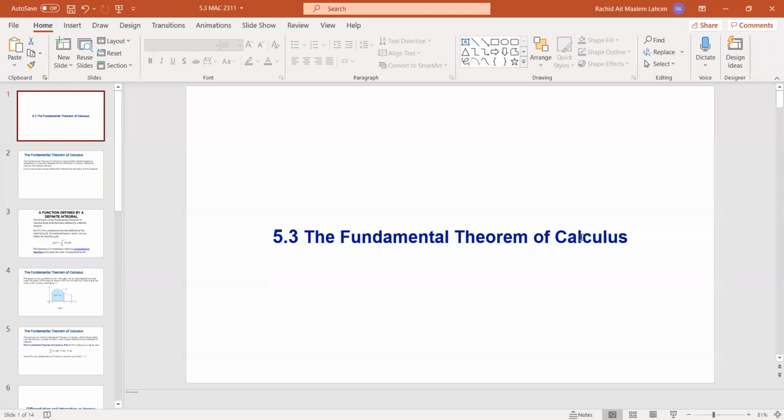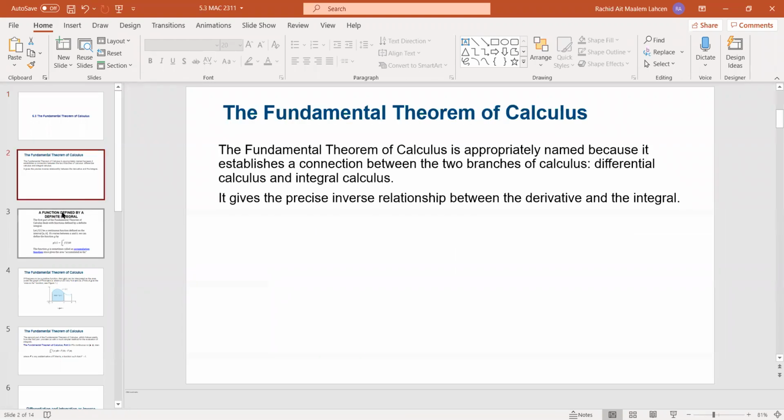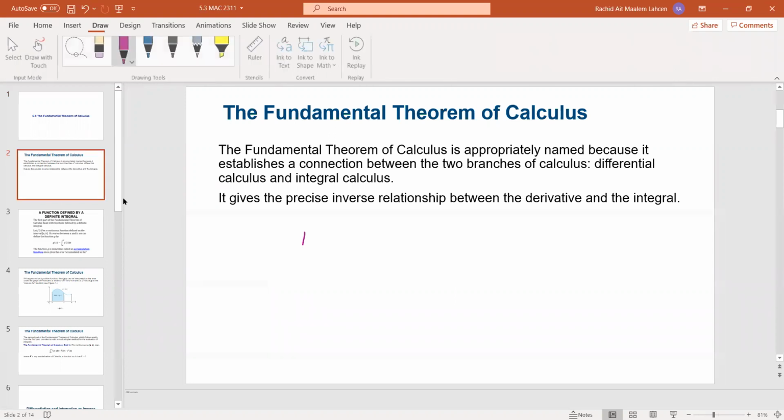Hello, everybody. This is 5.3, the fundamental theorem of calculus. So everything we spoke about comes together in this theorem, and you'll see it in a minute. The fundamental theorem of calculus, abbreviated as FTC,